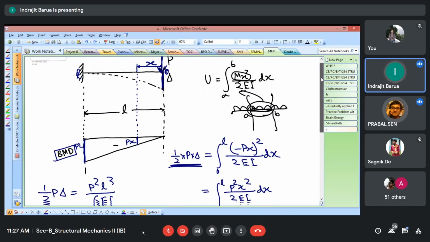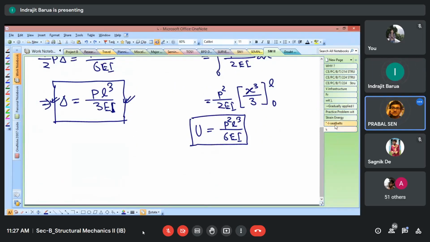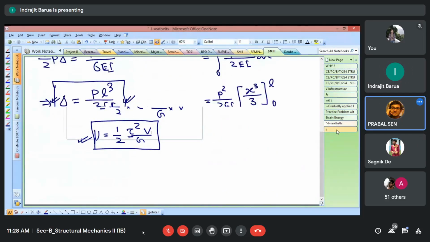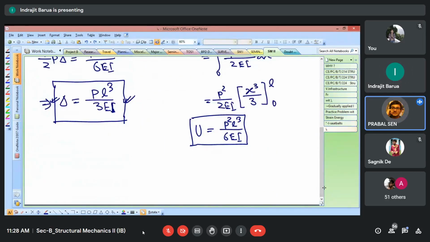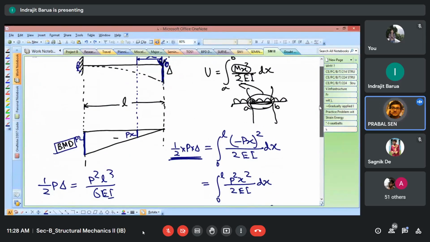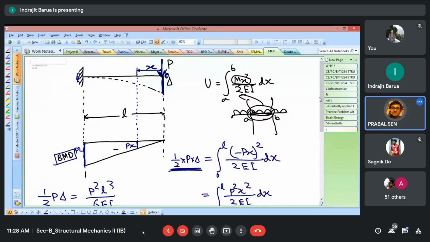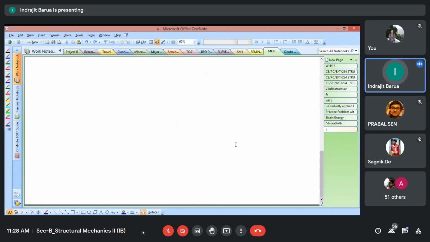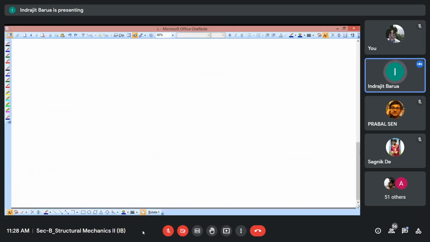Here the purpose is to get the strain energy and the work-done relationship. In some cases, at that point we cannot get the maximum deflection, but we have to focus on what the deflection is at that point. That may not be maximum. But in this problem it will be maximum. In some cases it may not be, so let's do some generalized cases where the things may be different.